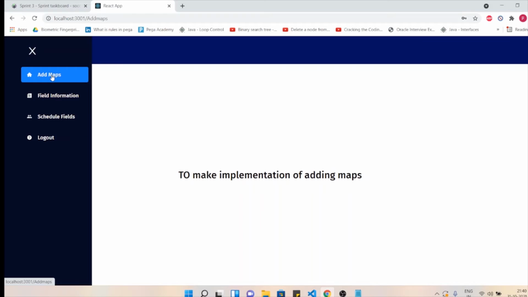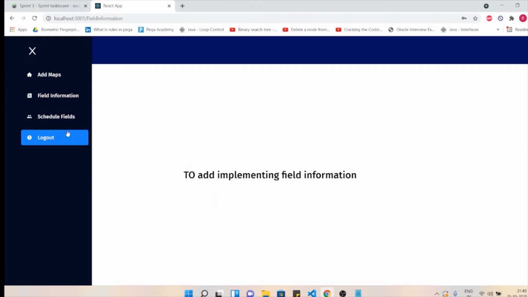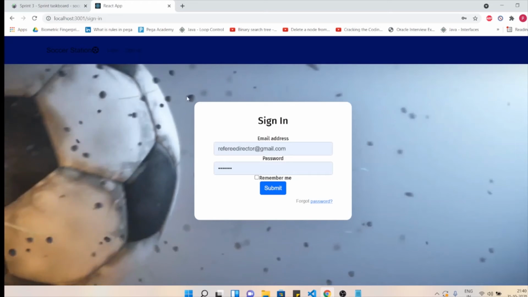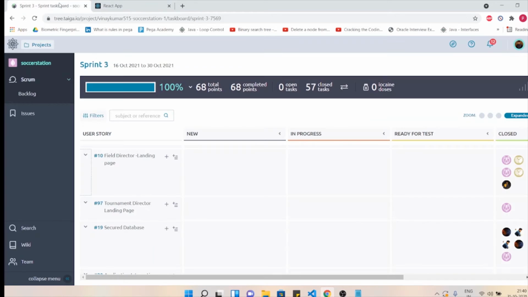These are adding maps to make. We will be implementing the field information and scheduling fields. This was worked on by Akhil Pratist, and along with him there were other people who worked on it, and testing was also uniquely done. Before talking about the next user-based login and who implemented that, I'd like to tell that we also